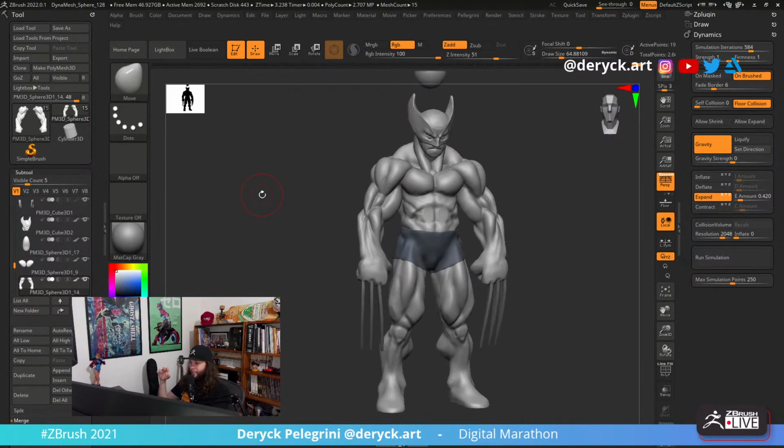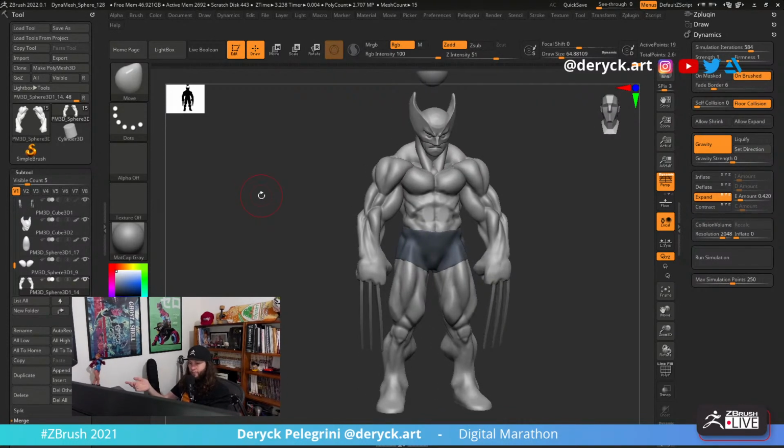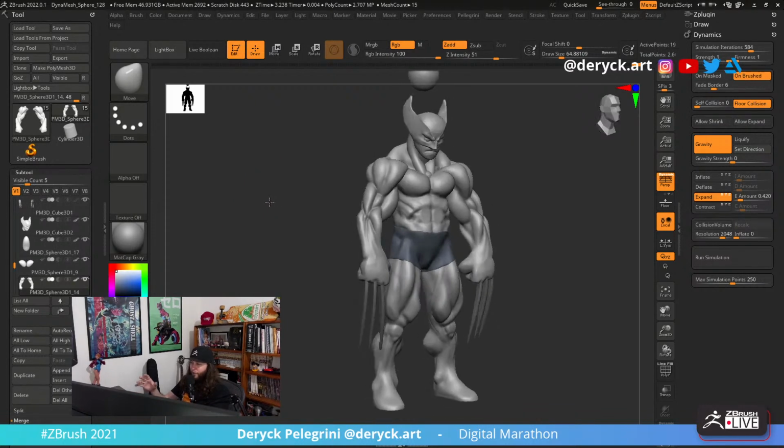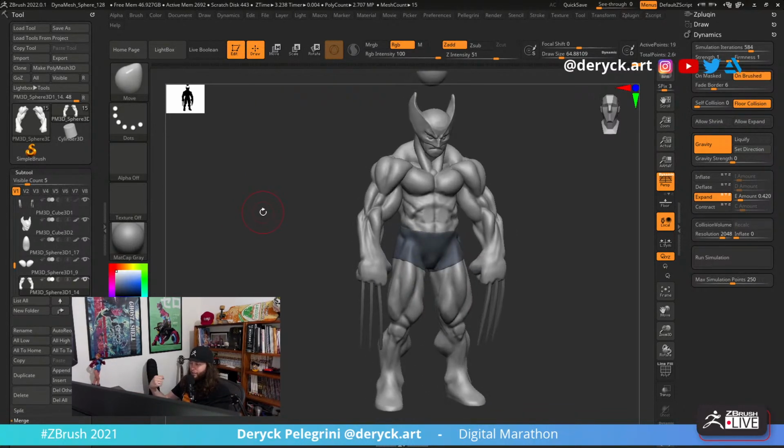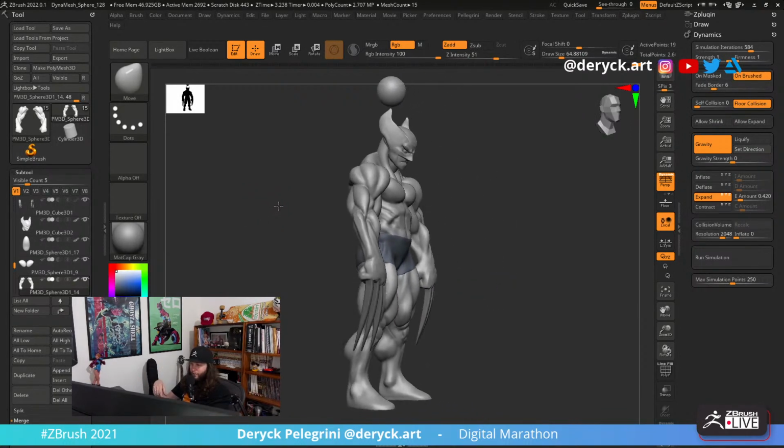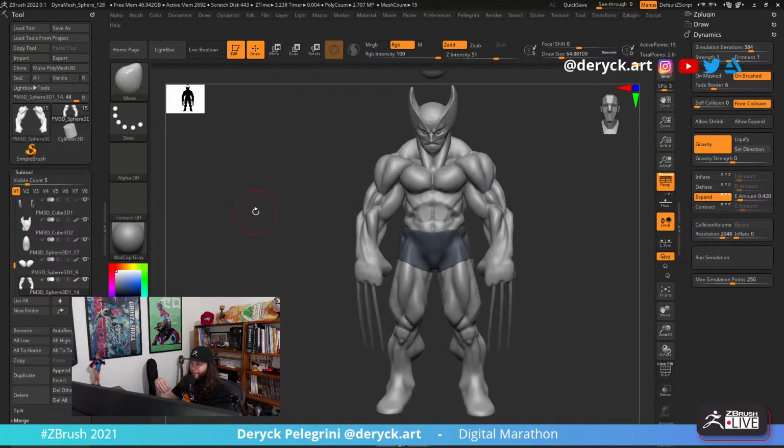For instance, we have been here on the live for about an hour and a half, 2 hours, and I spent 20 to 30 minutes creating the blockout for the Wolverine before the stream started.